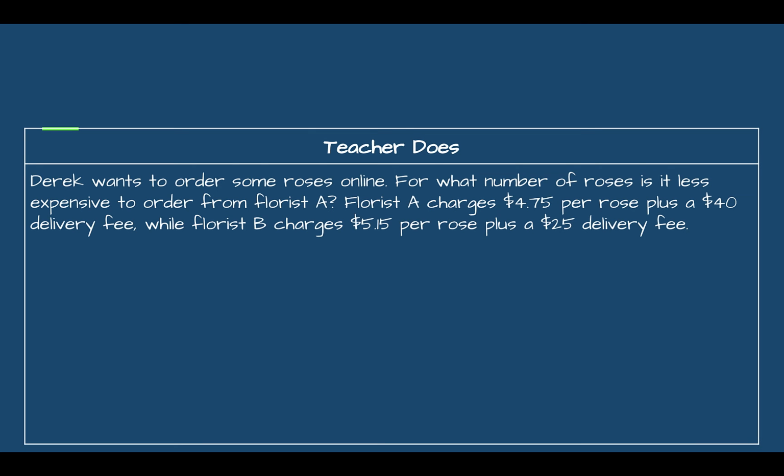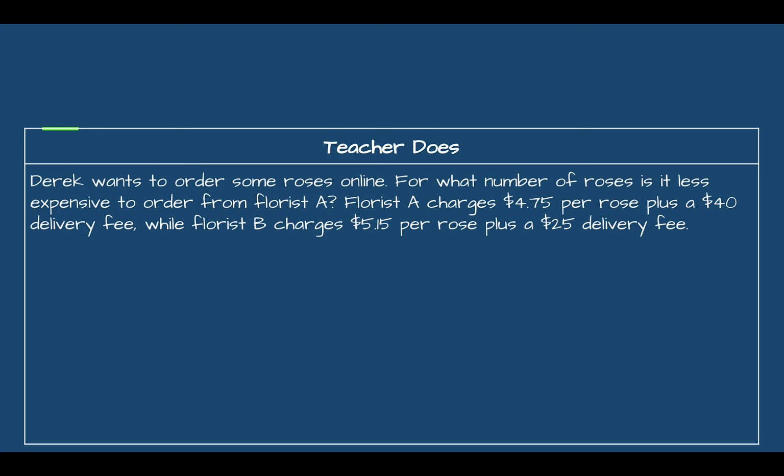All right, let's look at some real world situations where these inequalities can come in handy. So Derek wants to order some roses online. For what number of roses is it less expensive to order from Florist A? Florist A charges $4.75 per rose plus a $40 delivery fee, while Florist B charges $5.15 per rose plus a